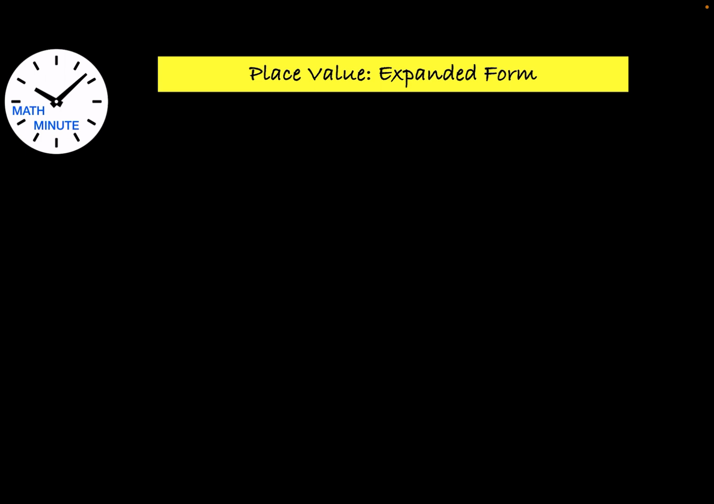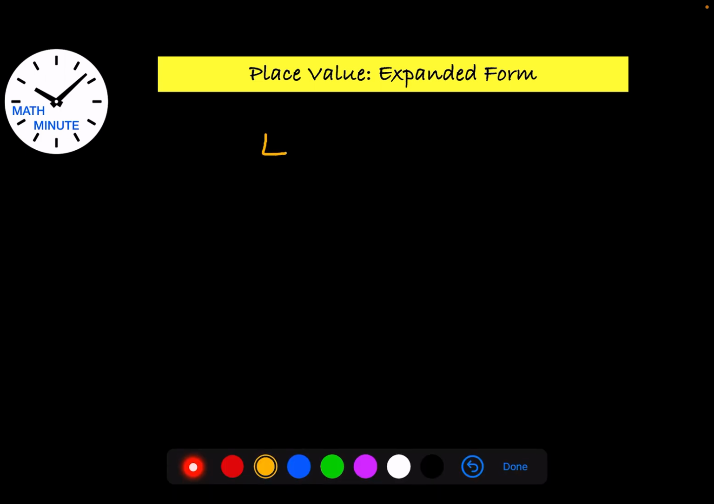Now, if you're anything like me, you probably forgot what this was when we were little. But expanded form is simply taking a number like 4,323 and expanding it or breaking it up into its place value pieces. So I tell the kids to start with the greatest number. That's the 4, and it's in the thousands place. So 4,000